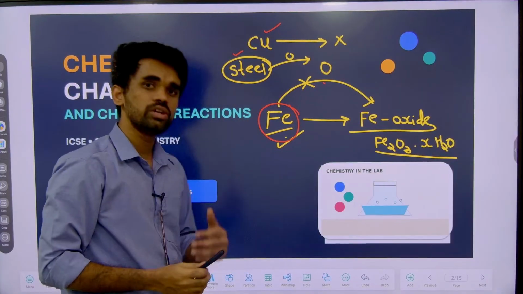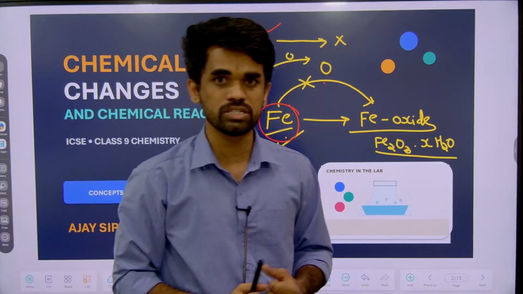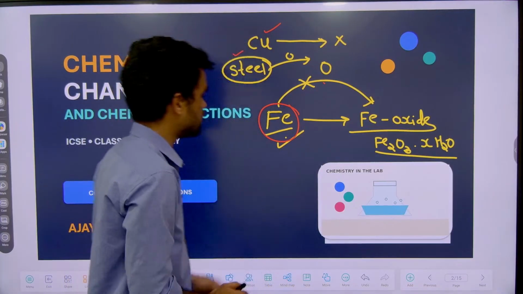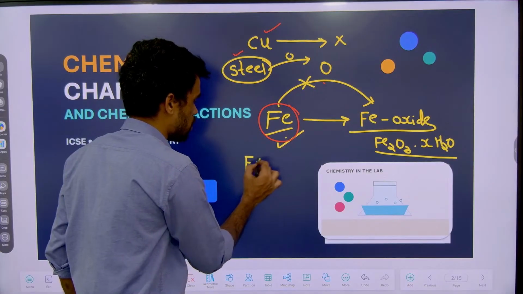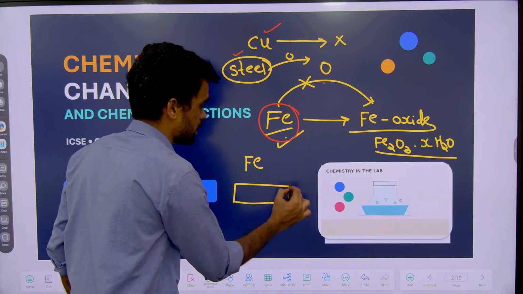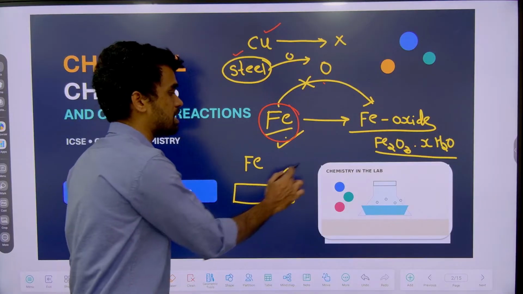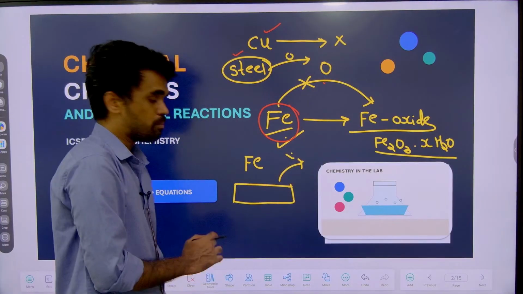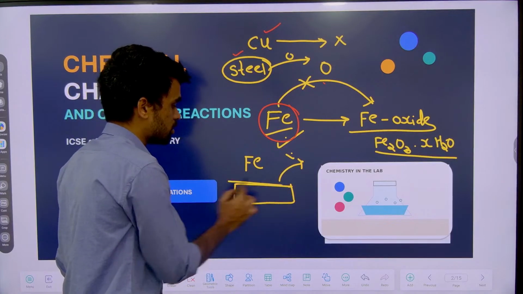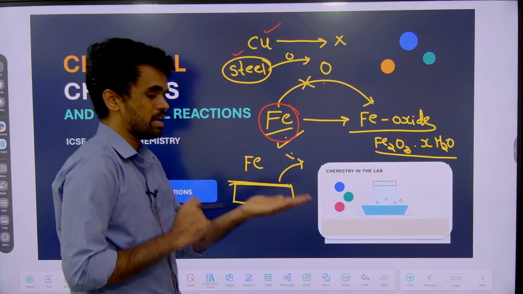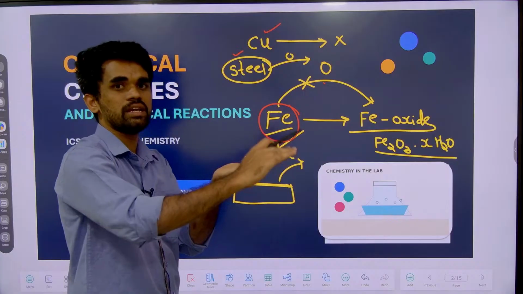This is how you need to interlink to your daily life applications also. One more thing: when you take a simple iron rod or any iron material without any coating on it, that material gets rusted very easily. But if you coat it with some color, like you take an iron metal and coat it with some paint,